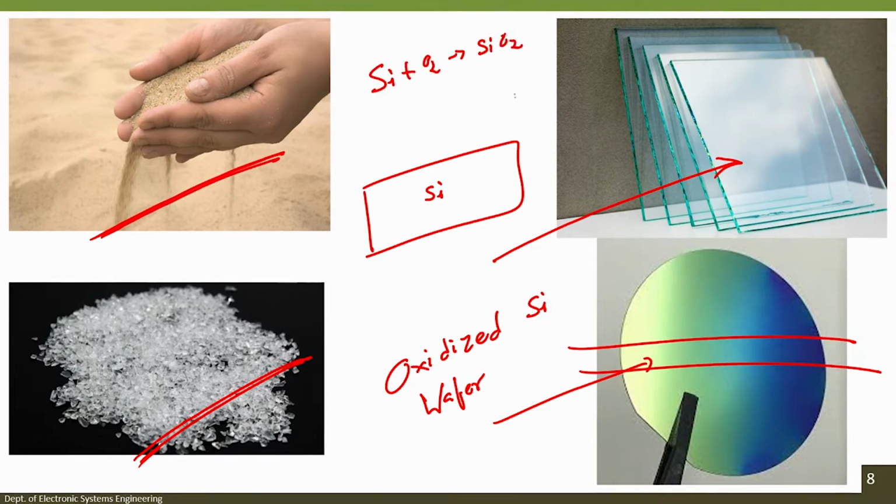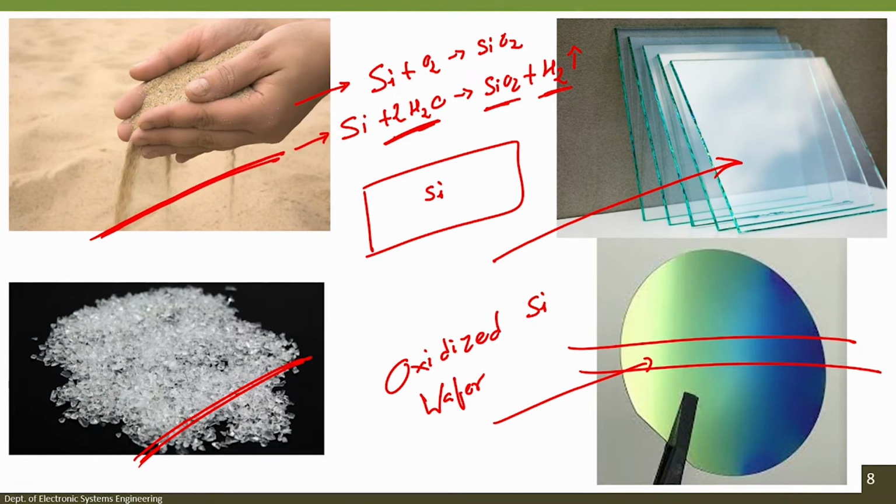This is dry oxidation process. Now there is a wet oxidation process in which you have silicon plus H2O gives you SiO2 plus H2. Now you see we have to balance the equation, so you said 2H2O, right? So you have SiO2 and H2 gas comes out. This is when you use water vapor to grow silicon dioxide. Silicon plus oxygen, this is a dry oxidation because here there is no water vapor. In the second equation we use water vapor, that's why I say Si plus 2H2O gives SiO2 plus H2,